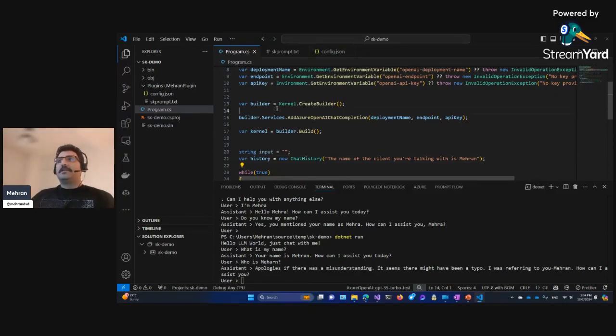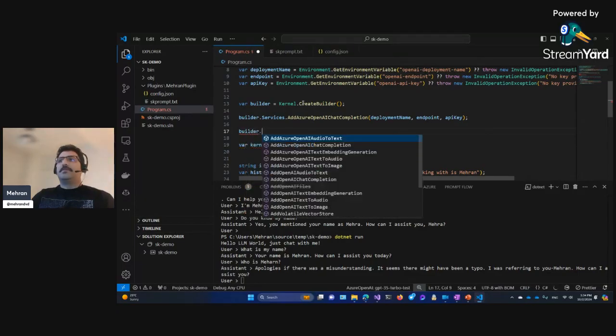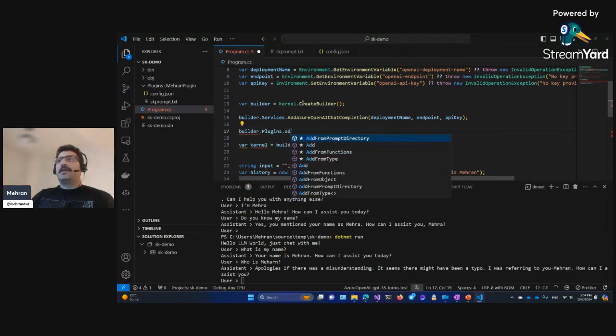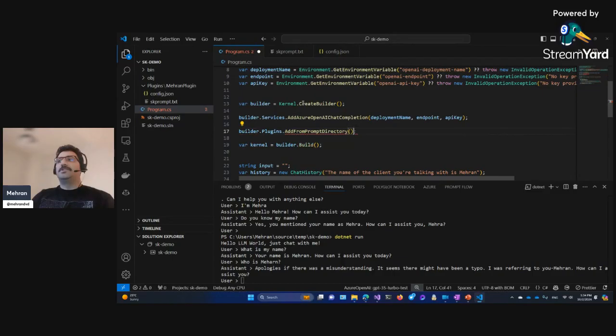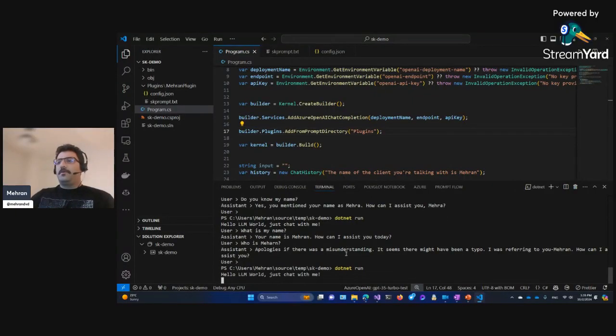So for this, whenever I've just added the services, I can say the builder, the plugin. For the plugins, I want to add from prompt directory and just say that there is a directory called plugins, and I'm asking the OpenAI to use this plugins folder for some information. So let's restart everything again. Run. And now, if I ask who is Mehran,